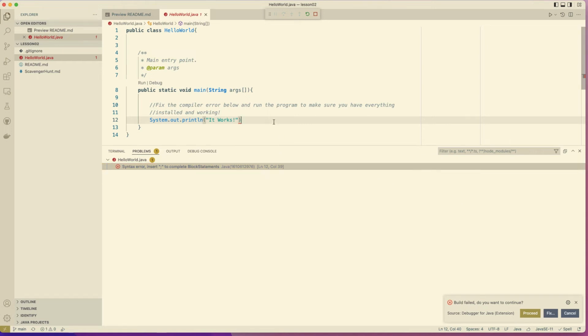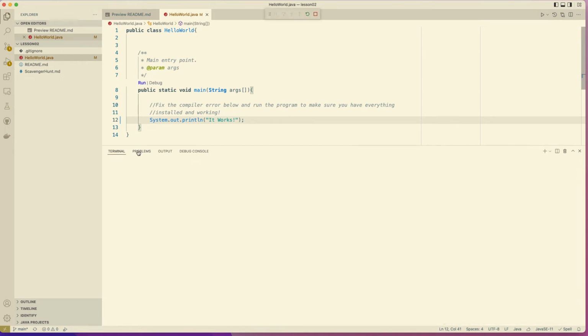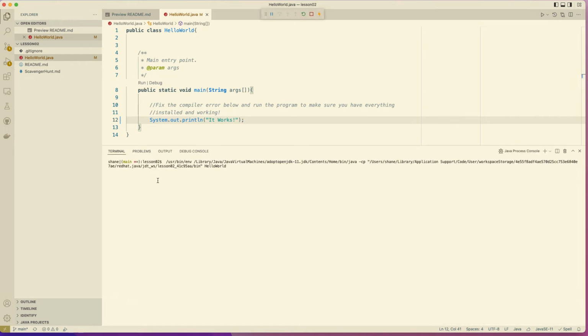So let's go ahead and fix that with a semicolon, right? And I will save, cancel that, and then run it again. And I should see it works right there. So that indicates that everything is at least installed properly on my machine. I can run Java code. It looks good to go. So that's done. I'm going to close that